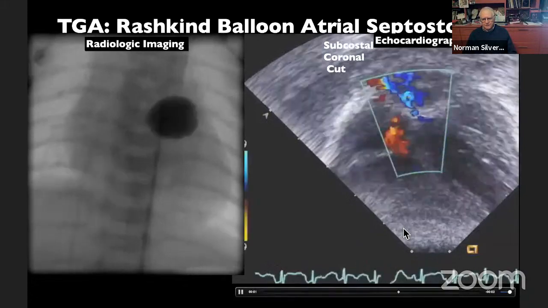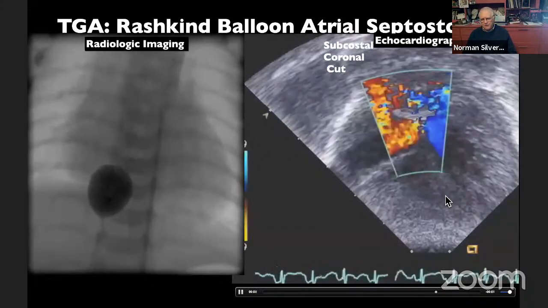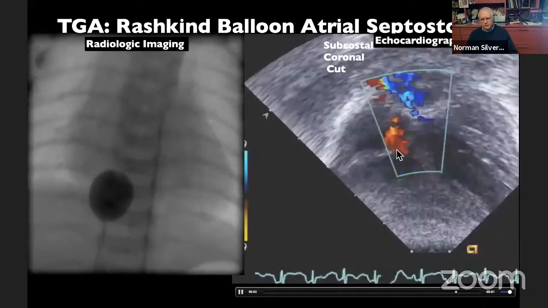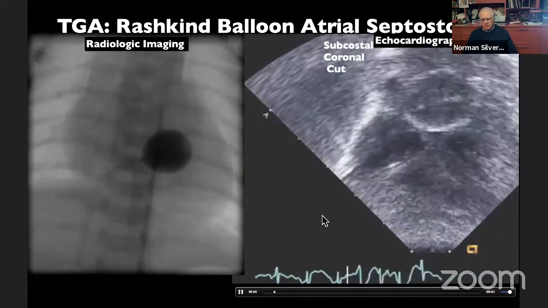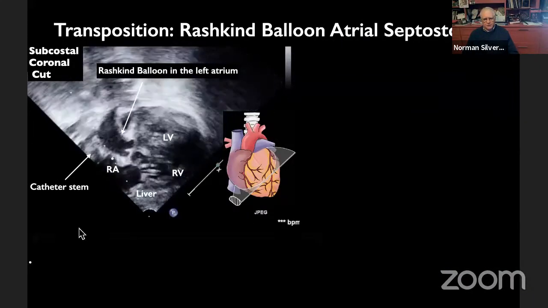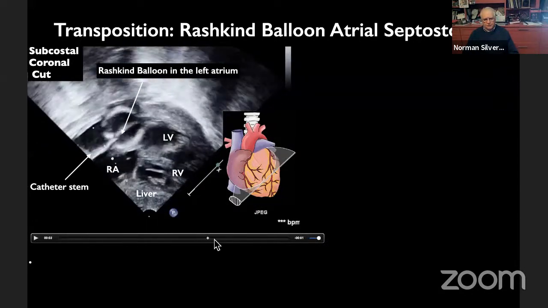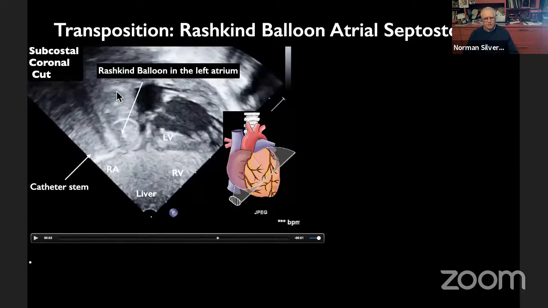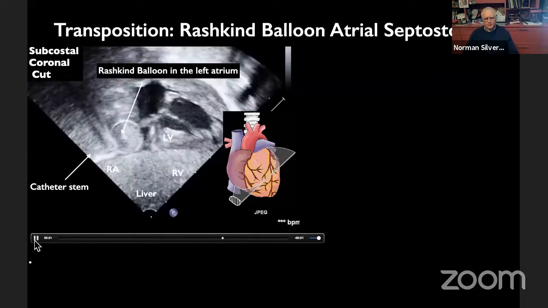Done at the bedside, the patient doesn't have to be transported, and it can be done safely and effectively. My own personal preference is to use the umbilical vein, but many people prefer the femoral catheter route for these patients. And here's another example which shows a very interesting feature, because there is a mirroring of the septum as a catheter crosses there, and it appears that there are two catheters. This shot really reflects a mirror image, a reverberation of the image, and not a second catheter.